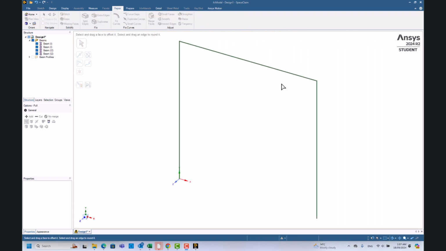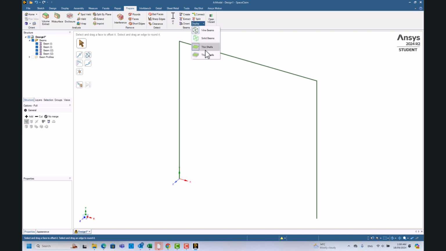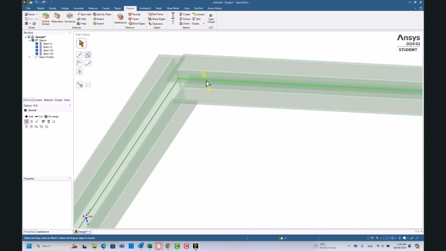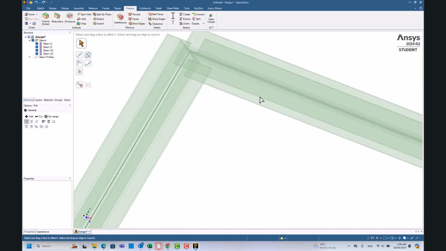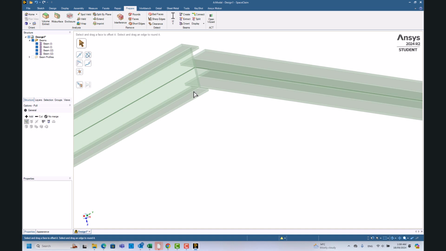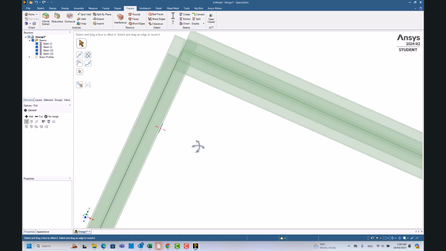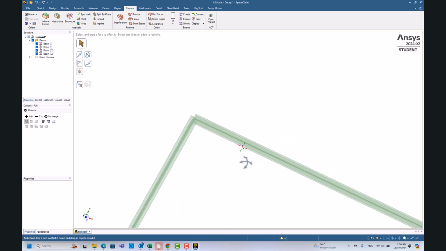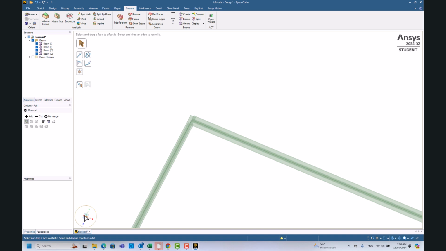So you can show the beam by going to display and show solid beams. So now you can see the beams. So it looks like they are not oriented the right way. So we want the top beam to be rotated by 90 degrees and the lower beams being rotated by 90 degrees as well. So to fix that, we can go to sketch and select